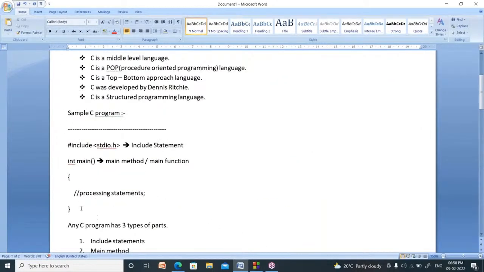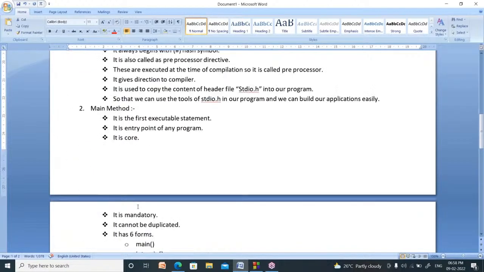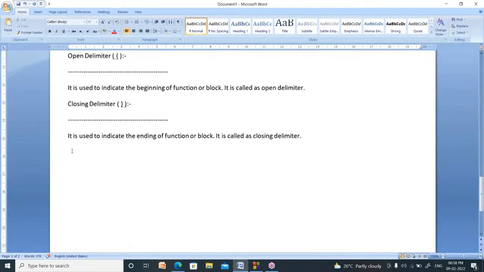Now there is one symbol before that. It is known as comment. What is the meaning of comment? In software development, a team of persons develop a software. After developing that software, they hand over to the customer.